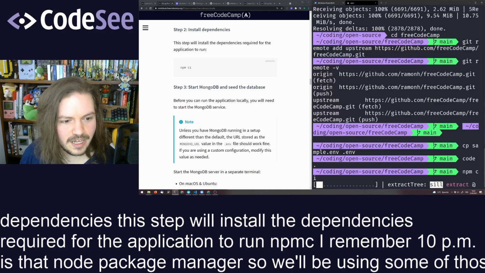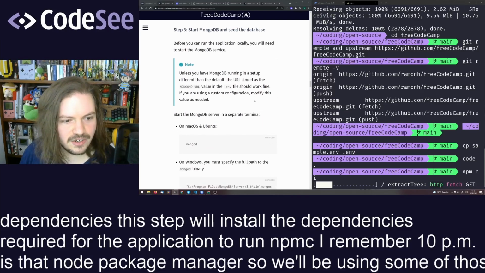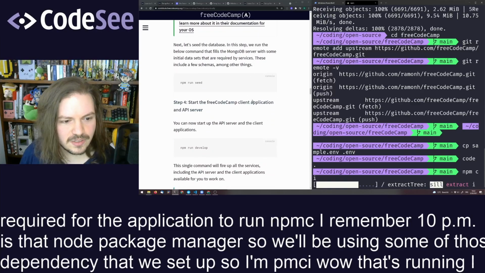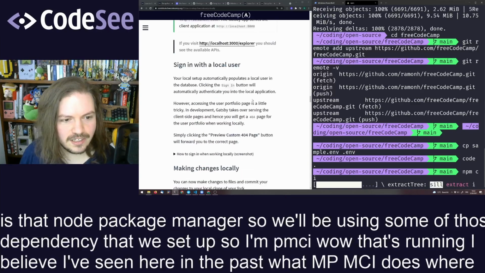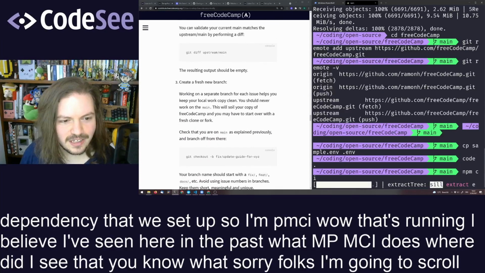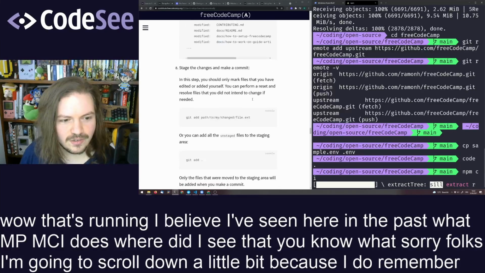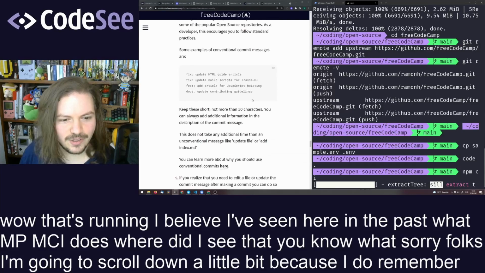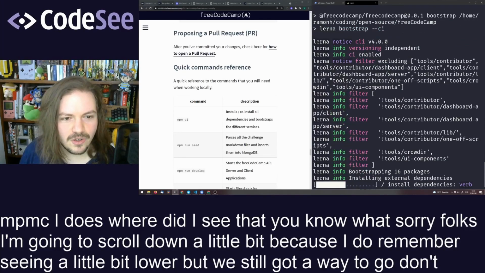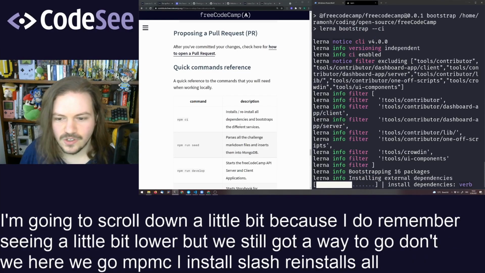While that's running, I believe I've seen in the past what npm ci does. Where did I see that? Ah, you know what? Sorry, folks. I'm going to scroll down a little bit because I do remember seeing it a little bit lower. Ooh, we still got a way to go, don't we? Here we go. npm ci